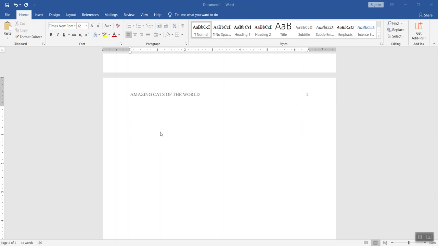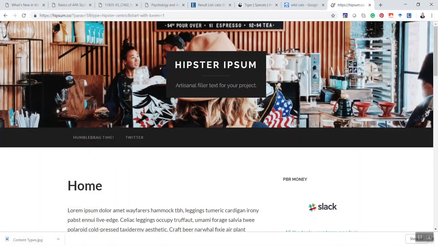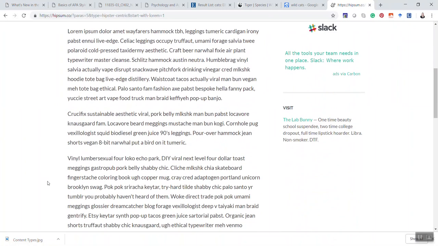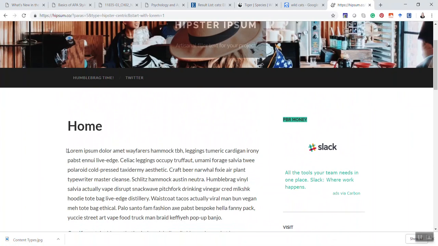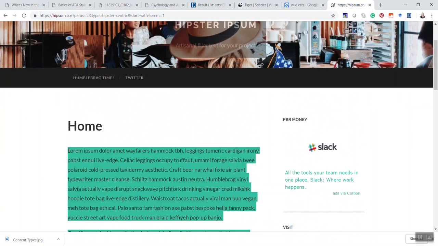Okay, so now that we're ready to type, assuming that we've reviewed our assignment carefully and we've created an outline of what key points we want to include in our paper, let's assume we have this amazing paper and we are typing and working our way through this assignment. For the purpose of this demonstration, I'm going to find some default text. So there are different tools you can use online to grab filler text. So we'll go ahead and grab some of this just to demonstrate, and we'll Control C, head back to our document,